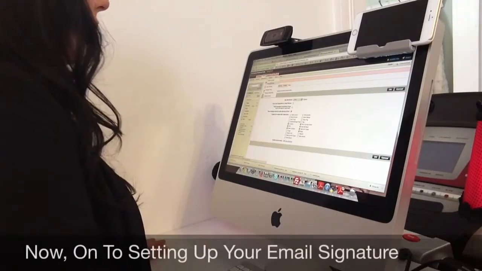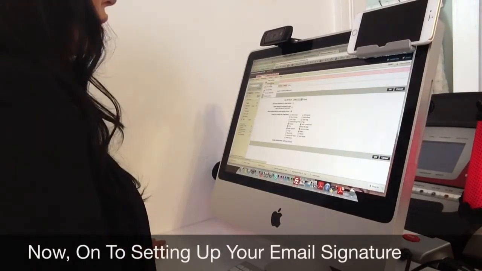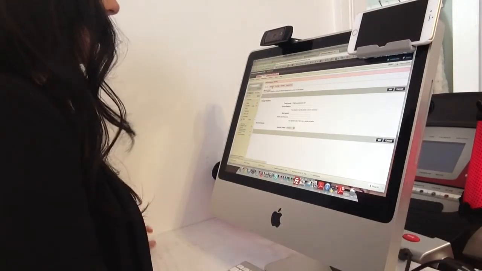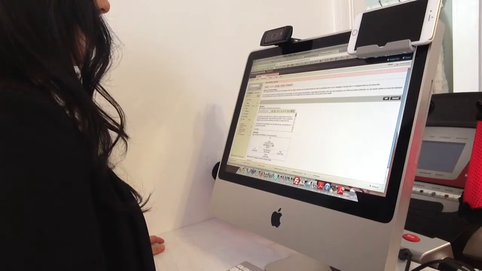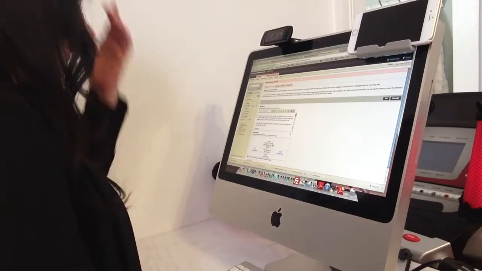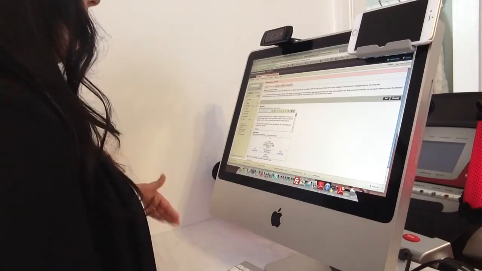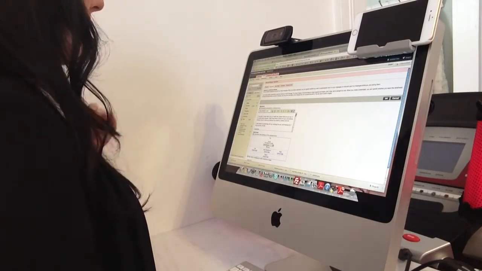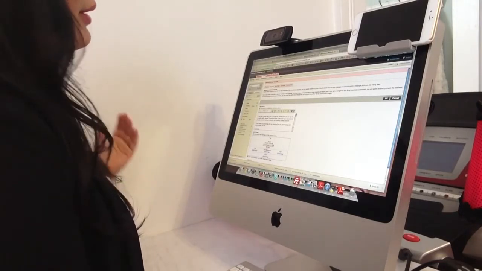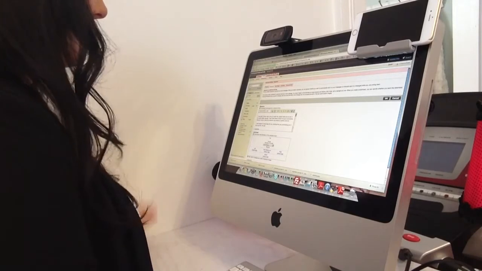So under the settings tab, you want to drop down to personal settings, 1 and 2. But what we're interested in is signature, okay? So I have as my signature basically a default template that pops up every time I compose a new email because I don't want to have to type that every single time. So mine says,